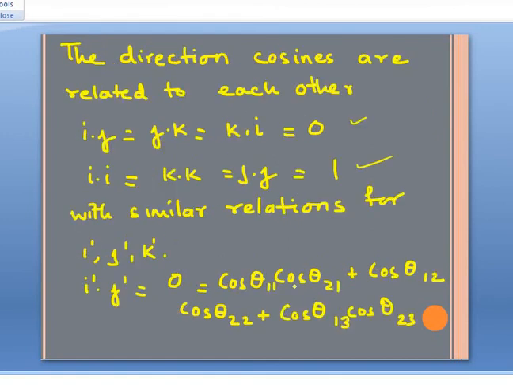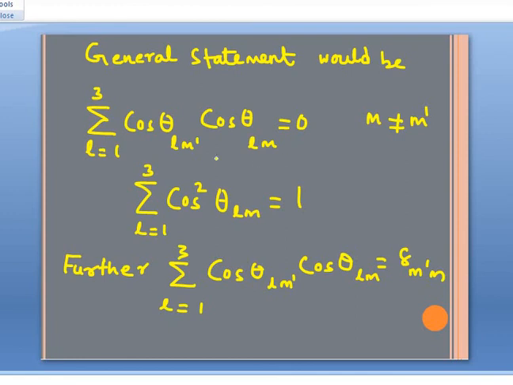Here you see both indices are not the same. This is theta 1 1, this is theta 2 1. Both indices are not the same. This index is different. Theta 1 2, theta 2 2, there the second index was different. Here the first index is different. It doesn't matter, the meaning is the same. The point I want to drive home is that if both indices are the same, your right hand side becomes 1. So that is the general statement.